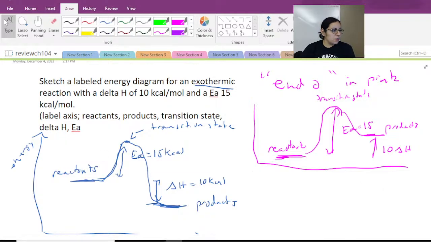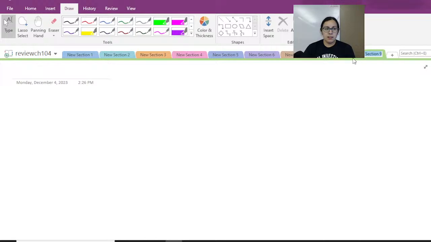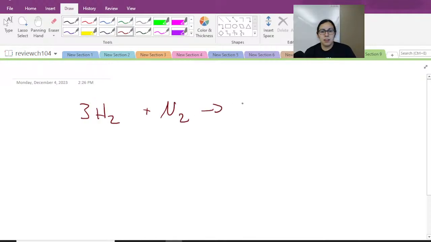All right, let's do one last problem, and that's the bonus one, because I think you could totally do the bonus. It's not too hard. The bonus will look very similar to this, but not quite. So we have this reaction. You probably know my obsession with the Haber-Bosch process already. And the delta H for this reaction is negative